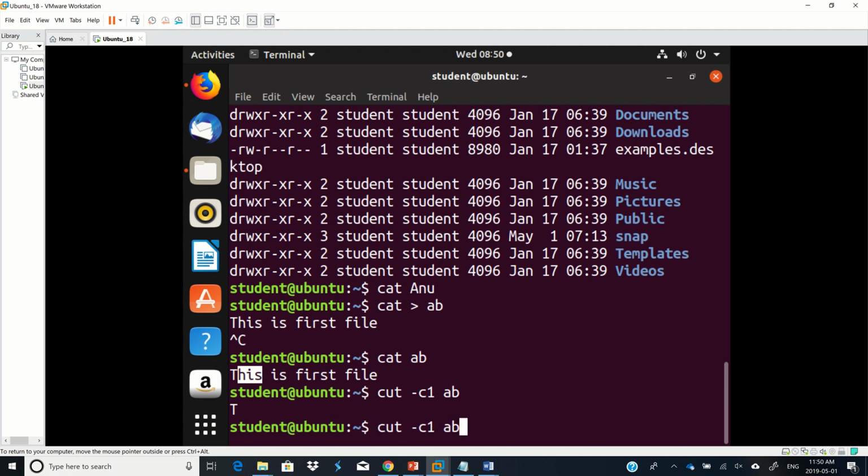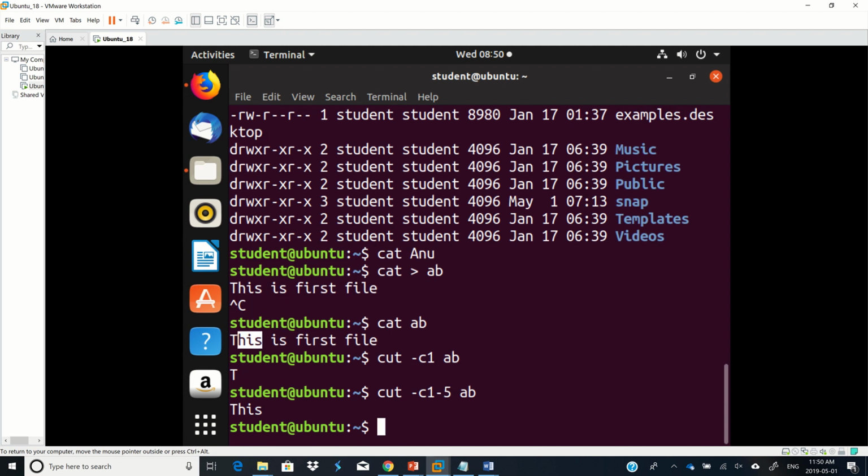Now how about up to 5 characters, then it comes this. Okay, so you could use this kind of command cat, ls, and then here we could write cd,